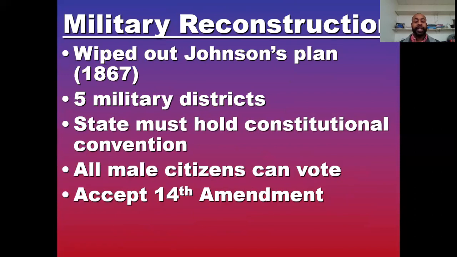So with Johnson undermined, the president is a joke now because we nearly kicked him out of office. Sit down and shut up, because we saw that he was prejudiced and trying to help the Democratic Party. We're not letting that happen. They decide to do a military reconstruction of the South, because what was happening is what we're going to talk